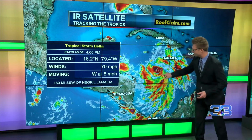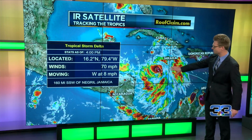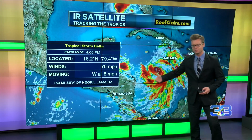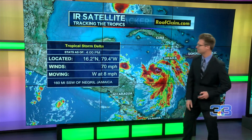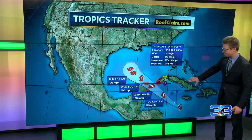And you see again, over the last few hours, we're seeing more organization out there. We're just getting some reports now of a possible eye wall starting to develop. No eye yet visible, at least at this point, but it's still something to watch. One of the other signs that this system is rapidly intensifying, the pressure is dropping pretty quickly out there. The winds are now sitting at 70 and expected most likely to reach hurricane strength,